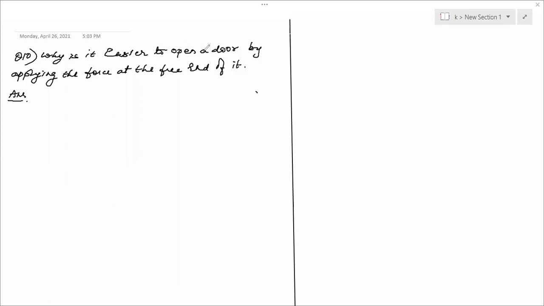You find it easier to open a door by applying the force at the free end of it. Now, what is the meaning? Why? The question is why. Remember, children, by applying a force at the free end of the door,